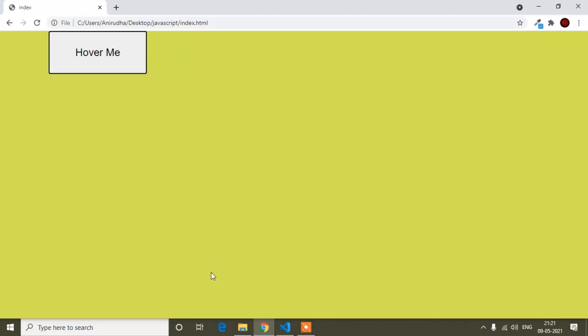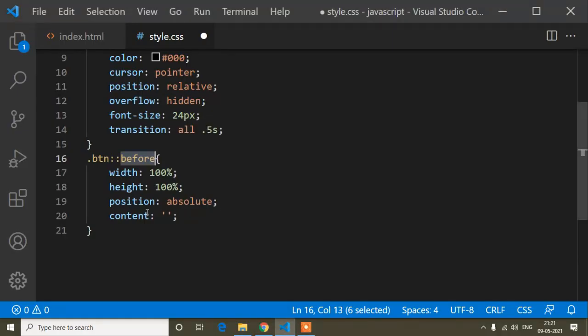When we use before and after, we use content; if we don't use content, the CSS will not take effect. So just remember, when we add before and after, we use content. Margin is auto.